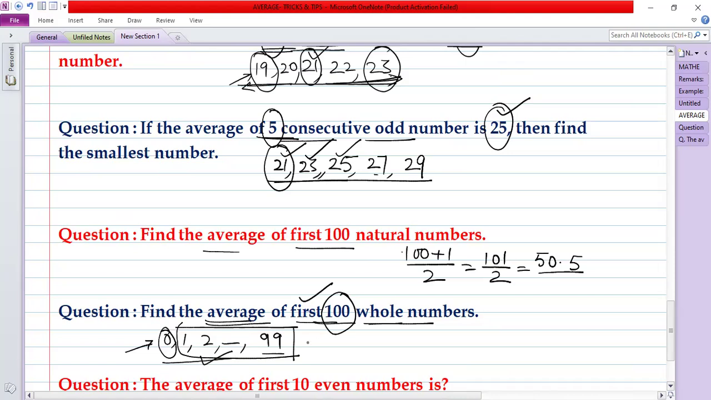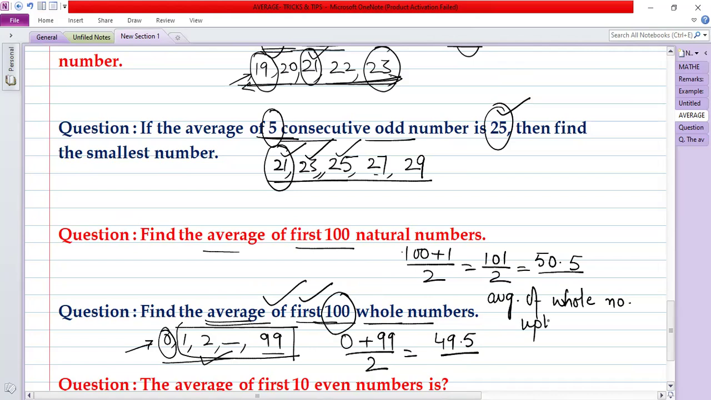So the average will be the first term 0 plus the last term, divided by 2. Basically it will be 49.5. Please mind, the average of the first 100 whole numbers, not the average of whole numbers up to 100. And by chance, if the question asks for the average of the whole numbers up to 100, then